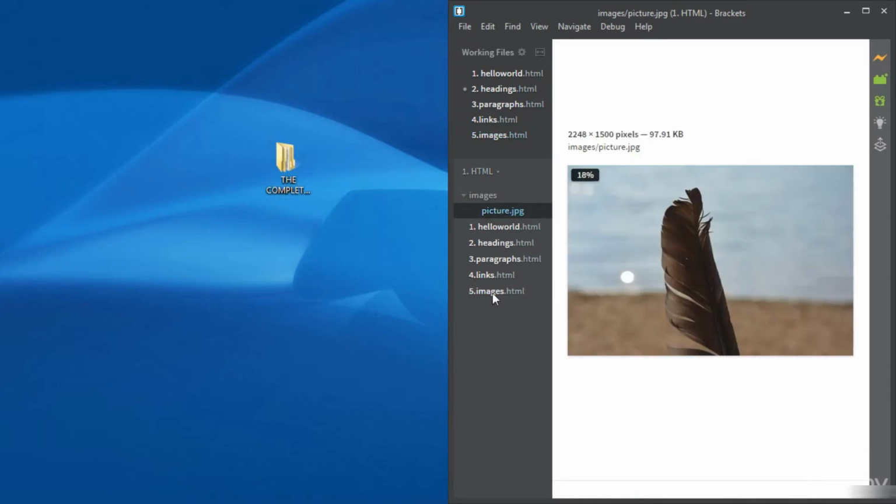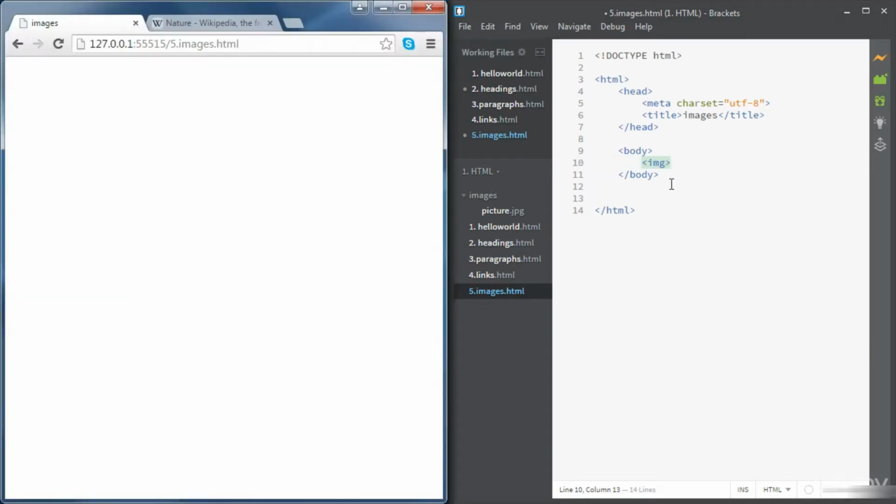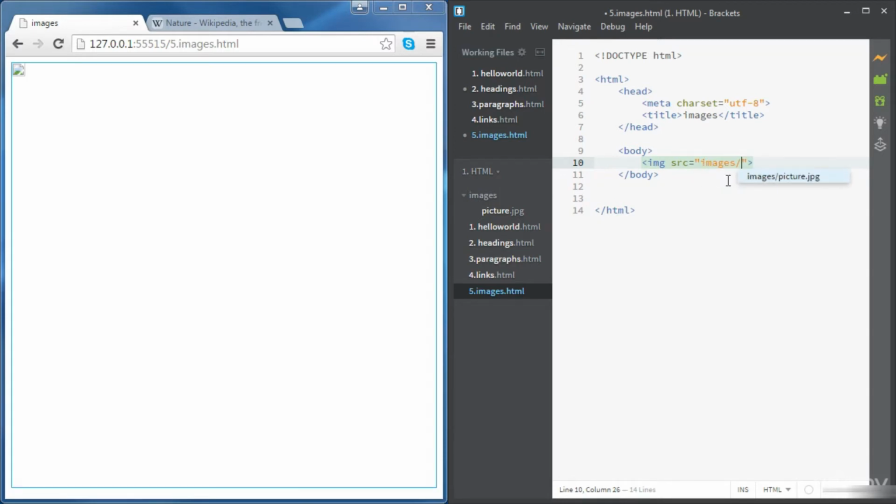All right. So now we're going to go to the body element and just create a picture or an image. So the tag we need to use for this is img, and it's a self-enclosing tag. So we just need to add a few attributes to the tag. First, we're going to give it a source attribute. Our file is inside the images folder, so I'm just going to go to the images folder, and then we're going to write